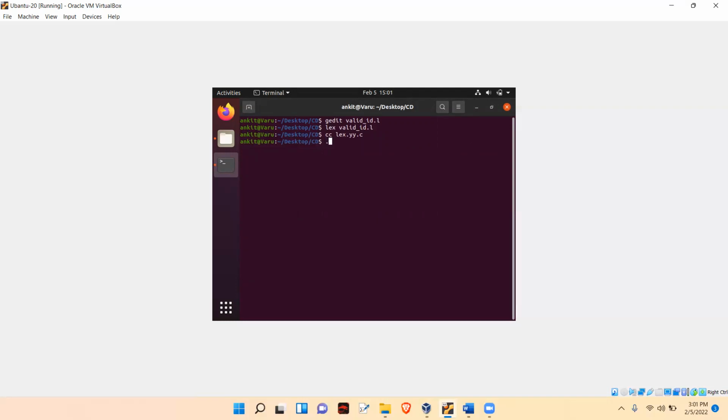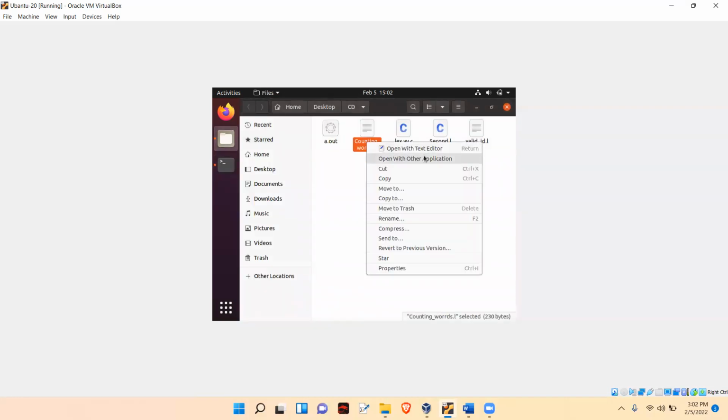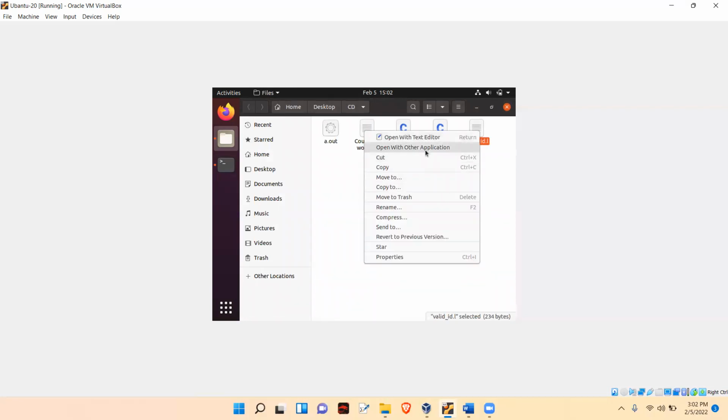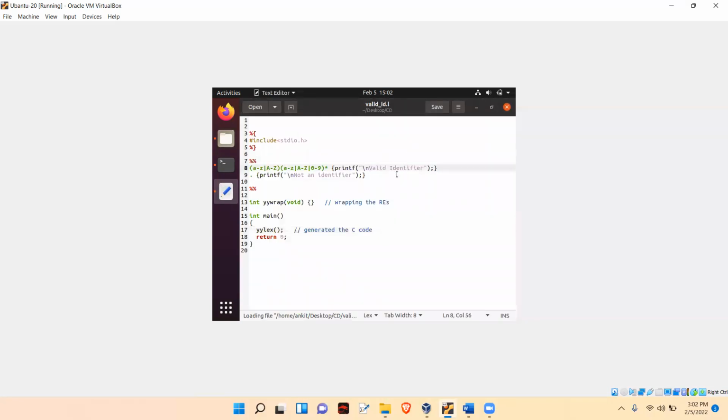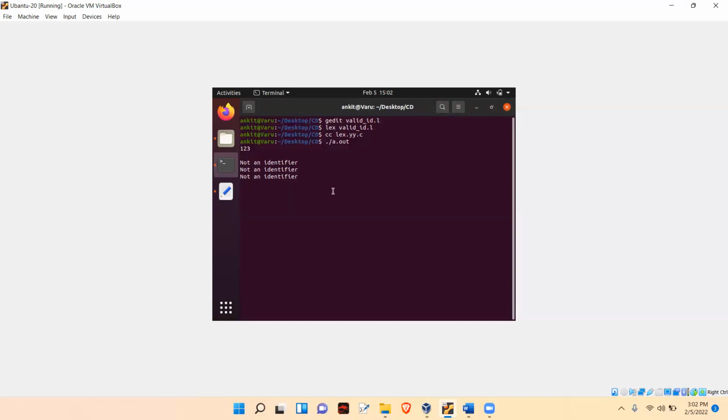So what we can write here is a dot out. If I write 1, 2, 3, it gives not an identifier, not an identifier, not an identifier. Why is it giving not an identifier every time? Because there are 3 numbers, 1, 2, 3, and each and every number falls under not an identifier. Now how will this problem get resolved? As I said in our previous lectures, if you want to get the exact output, you need to write specific rules. These are very general rules. If I make this rule more specific, then the answer should be different. So Control D,